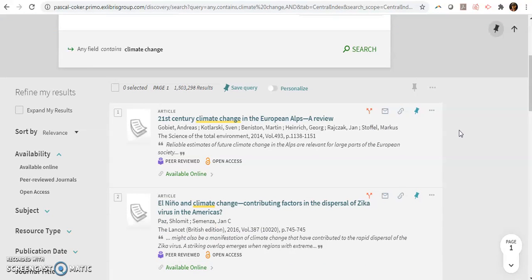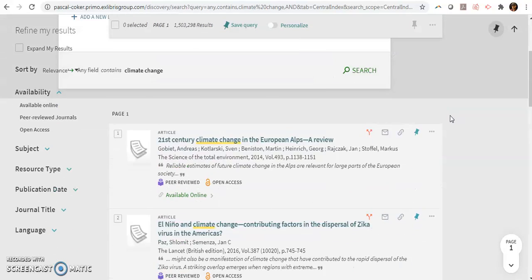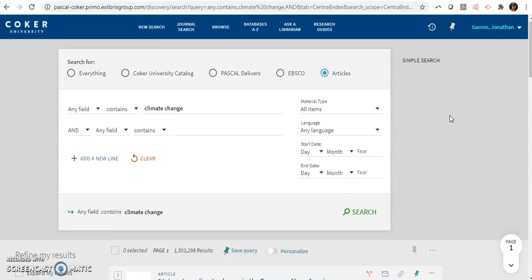Again, if you have any questions or comments or concerns about searching this, I know it can be a lot. It can be a little frustrating. Please do not hesitate to reach out to your librarians. You can do that through reference@coker.edu. That is the email you would want to send. It'll send it to both of your librarians, and we can get in contact with you and work through whatever issues you were having, set up one-on-one conferences, reference services, and try to find the articles that are going to be the best fit